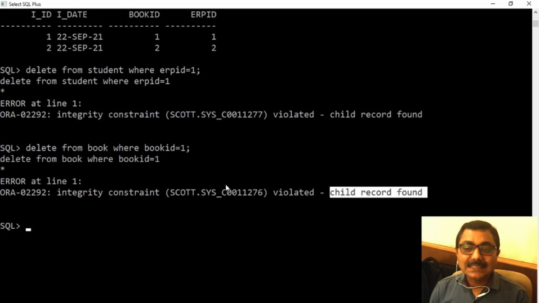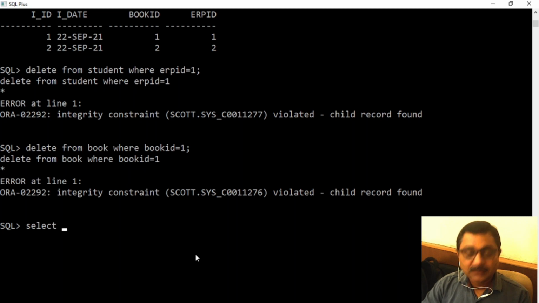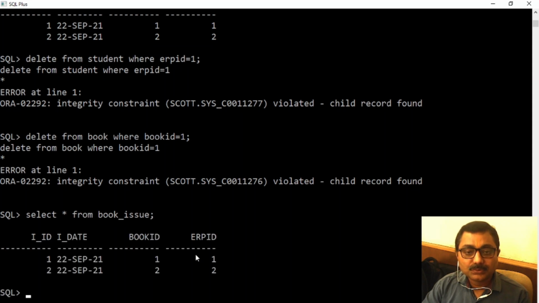But if I delete the corresponding child record, I will be able to delete the master record also. Let's see. Select star from book underscore issue. Suppose I am going to delete the first record, book ID 1, ERP ID 1.